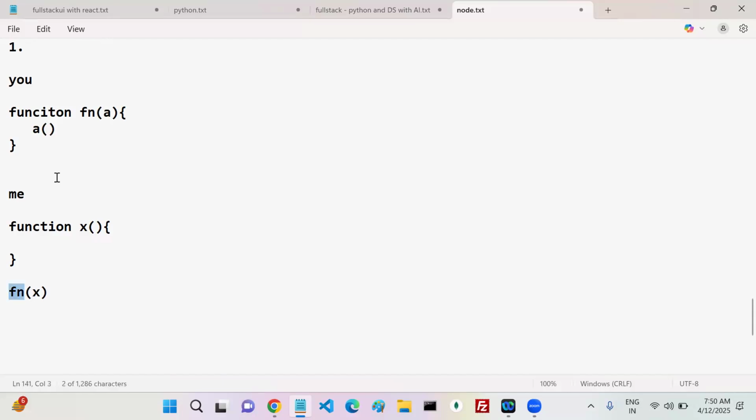Now you're calling fn, you passed x. x is what? One function. That's okay. Now a is assigned with x. Wherever x is there, you can replace it. Not in the code, just for our understanding purpose, I'm writing it like this. Now you are calling what? x, which I gave to you. What do you have to do? You have to call that particular function with some values. So how can we call a function with some parameters? Come on, how can we?